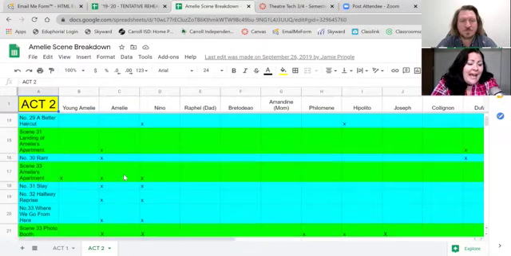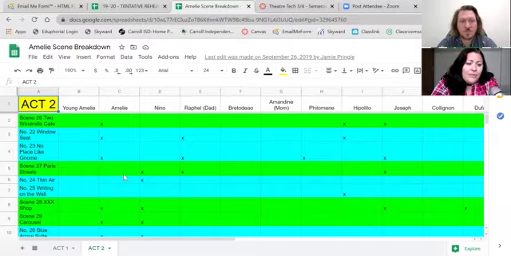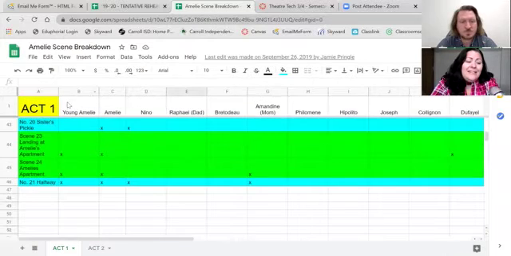Now, once I cast my show, I may go through and replace or at least add to it the actor that's playing the role. And then this would be a great time for me to go in and combine parts. So if young Amelie is also playing Philomene, I would put those two together and I would use a YA instead of an X for when she's young Amelie and an NAP instead of an X when she's Philomene, just to keep myself straight, because this is going to go not only to me for auditions, but it's going to go to my stage managers.